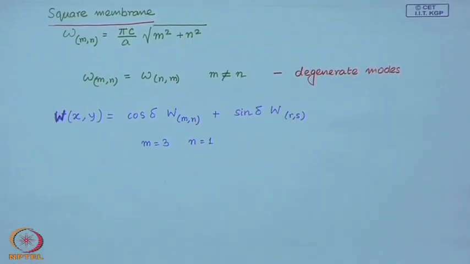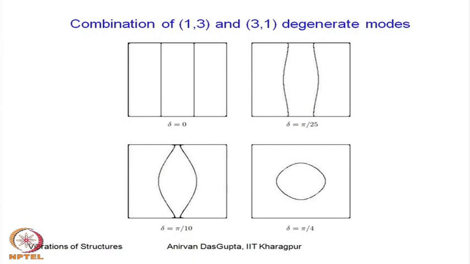So, let us look once again at this picture. So, here when delta equal to 0, so you will find it is only W31, and here it is a value pi over 25. So, you see a combination of 3 1 and 1 3, this is still a higher value of delta. So, this combination changes at pi over 4, this combination of 3 1 and 1 3